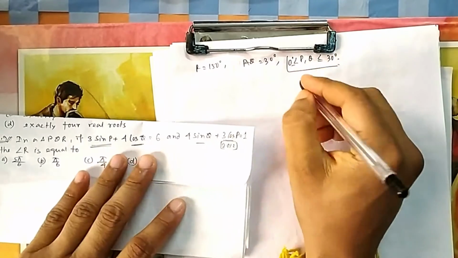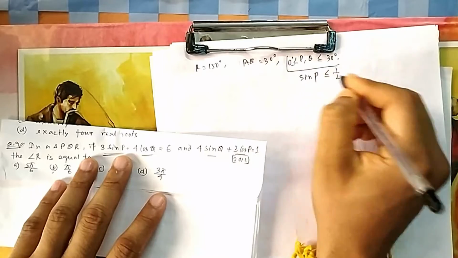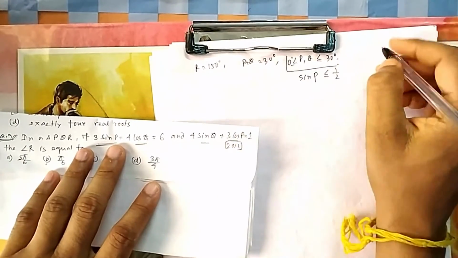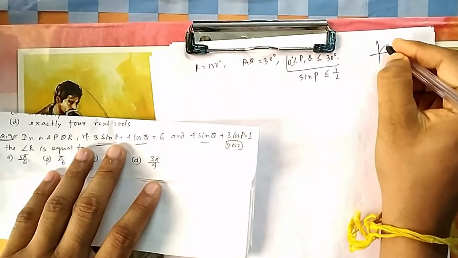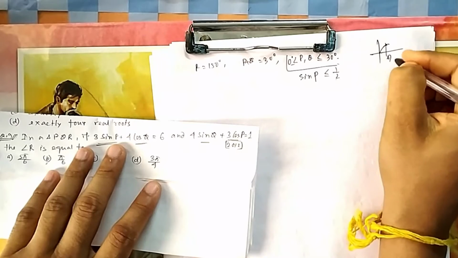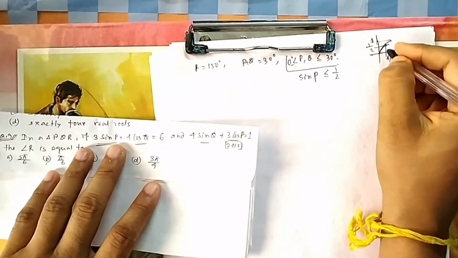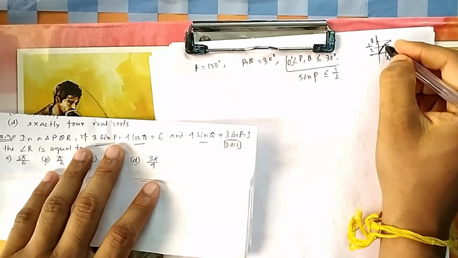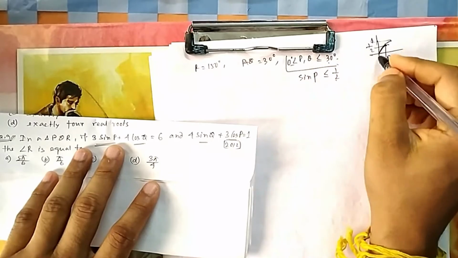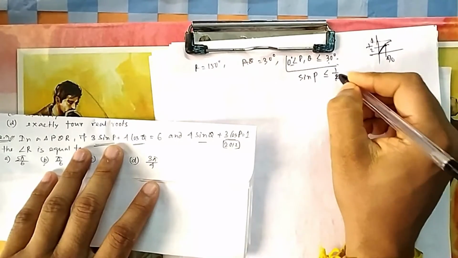If this is less than 30 degrees, then what is the value of sin P? You see, sin P would be less than half because sin 30 is half, and sin is increasing from 0. You have seen the sine curve, it is increasing and it reaches half at pi by 6. Suppose this is 1. So it is rising, so the maximum up to 30 is half. Because P cannot go beyond 30, sin P also cannot go beyond half. So the maximum value is half.